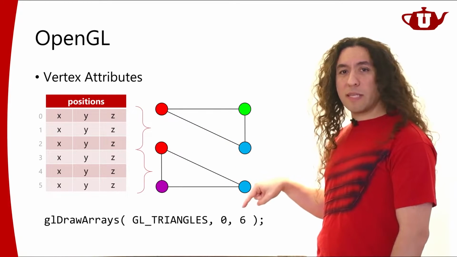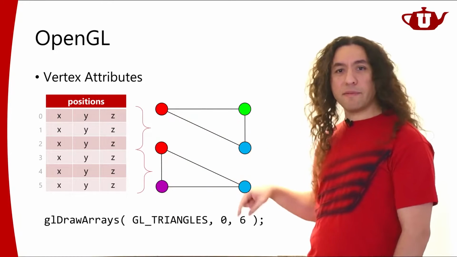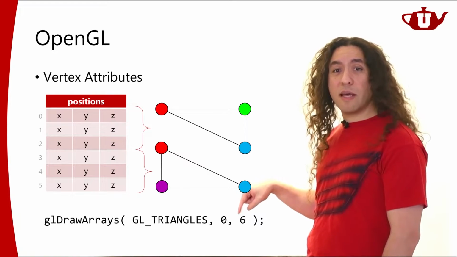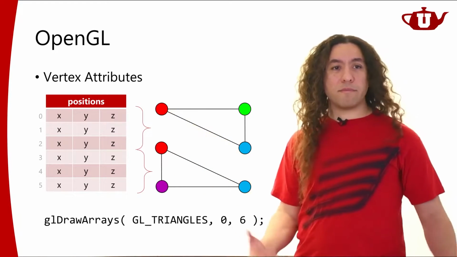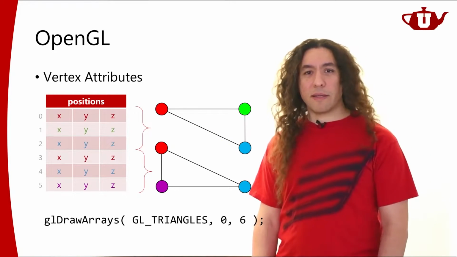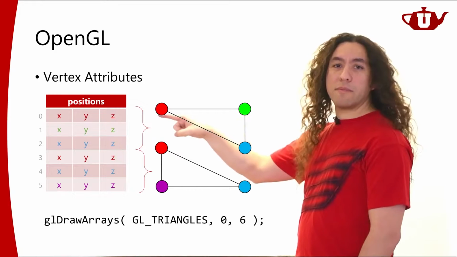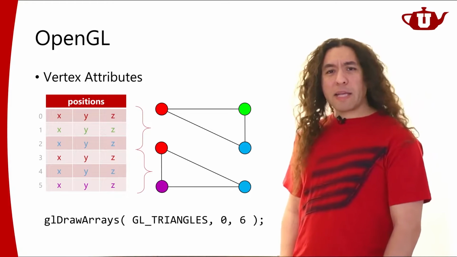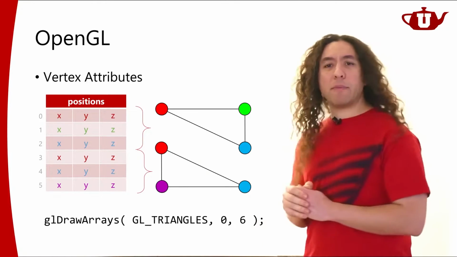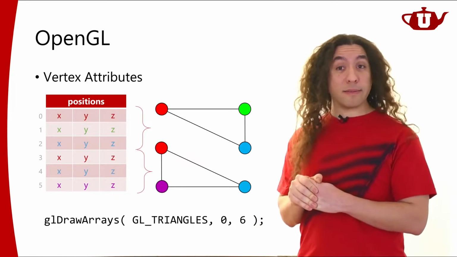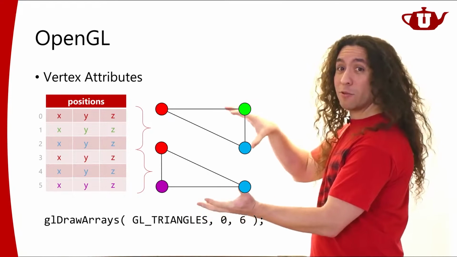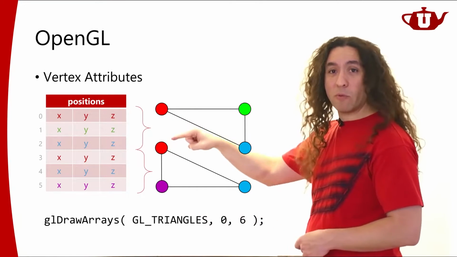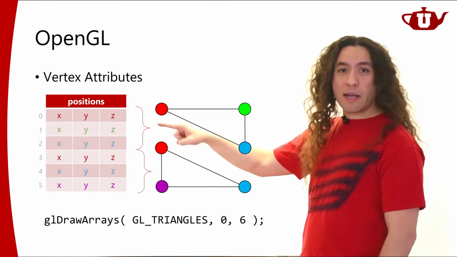Again, I put 6 here because 6 is the number of vertices I have. So starting from the beginning of my vertex array, I'm going to draw 6 vertices, and each 3 will form a triangle. Simple enough? All right. So in this case, I just color-coded them to show you which one corresponds to which one. Well, what's happening here? Actually, it turns out that these 2 triangles that I've been trying to draw here were a quad. Can you see that? Like, if you combine these 2 triangles together, they would form a quad, right? So like this red one is the same red one here, this blue one is the same blue one here. And I color coded them.